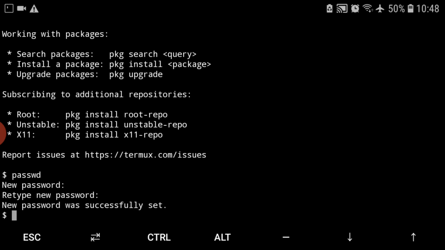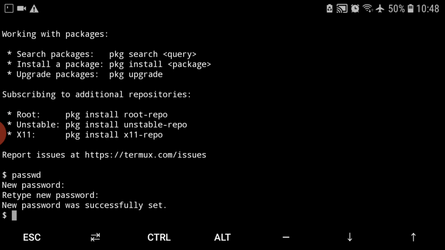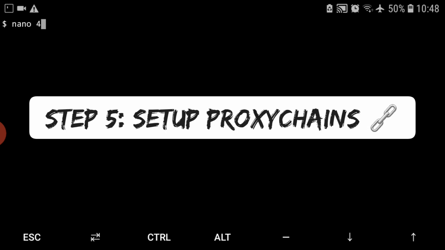So once we're done changing the password, the next thing you want to do is to get a proxy of your choice, whether it's a SOCKS proxy or an HTTP proxy. Just go ahead and get the proxy of your choice. And then after that, the next thing you want to do is to set up proxychains. So clear, nano,